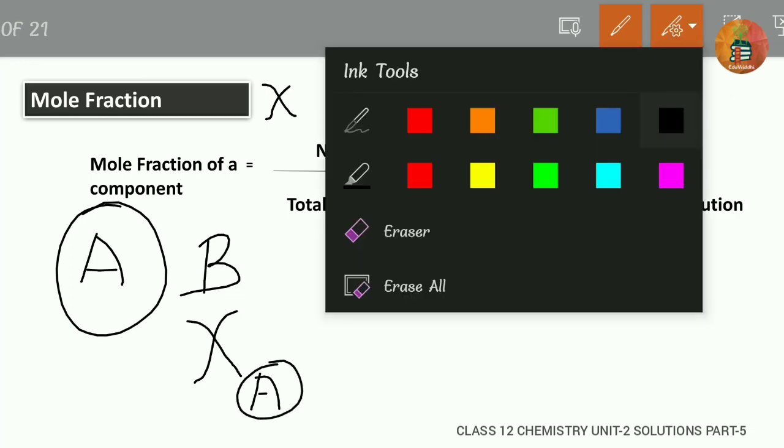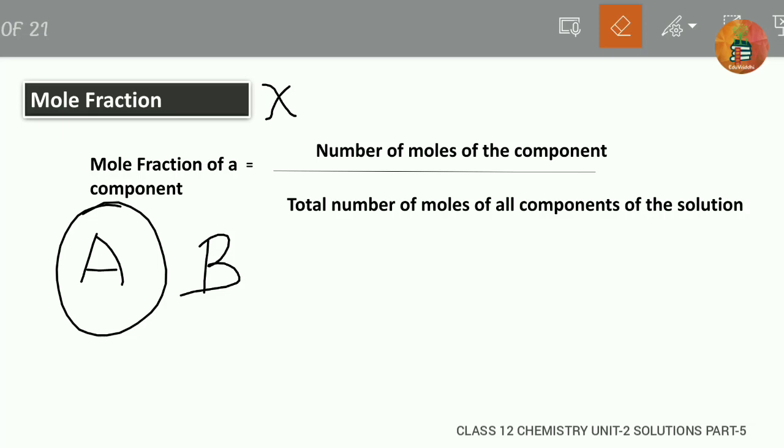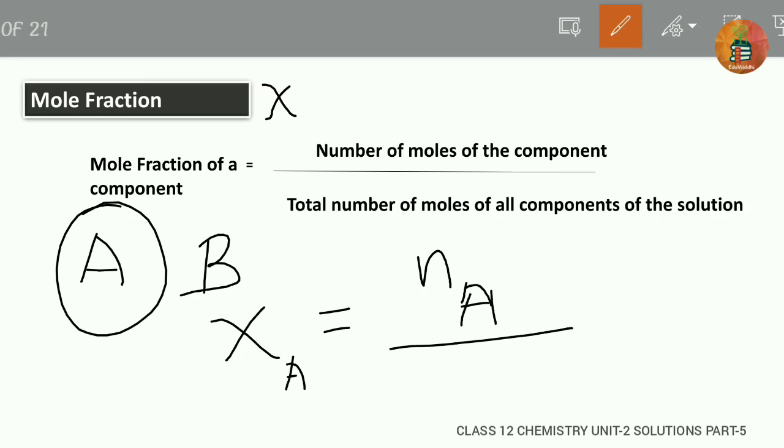So you can write here chi A. That's equal to the number of moles of that component. Which is the component here? That is component A. So you have to put here the number of moles of component A,